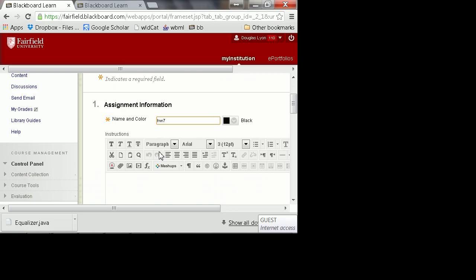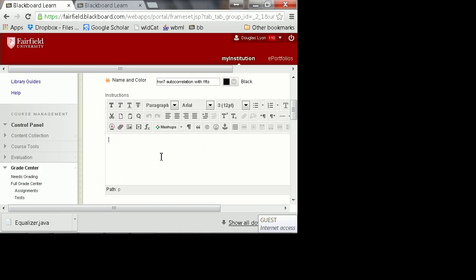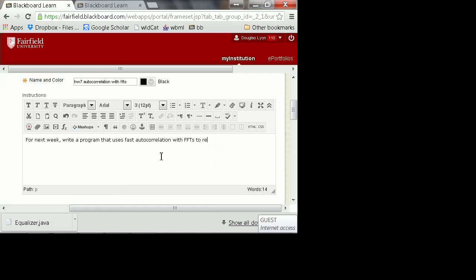Because Homework 6 was the equalizer. And we'll call it, what shall we call it? Autocorrelation with FFTs. How fun is that? So, for next week, write a program that uses fast autocorrelation with FFTs to reduce noise